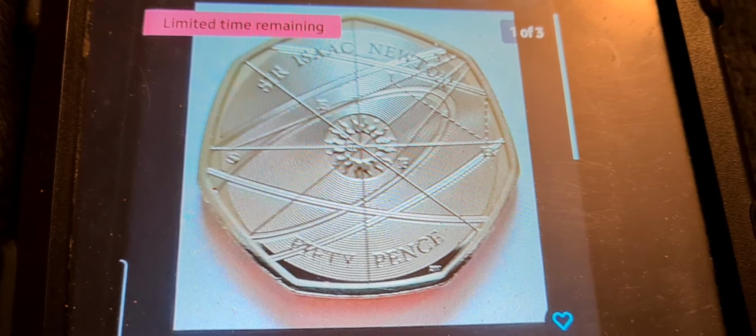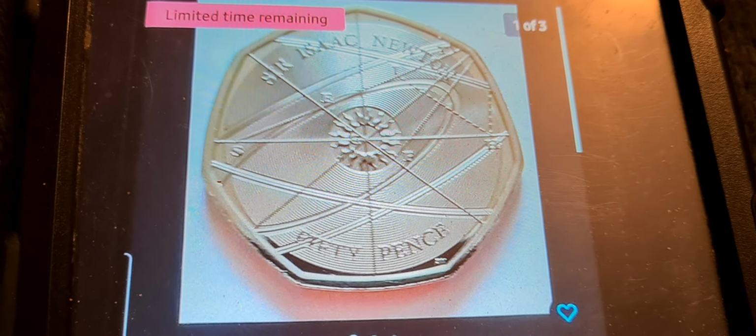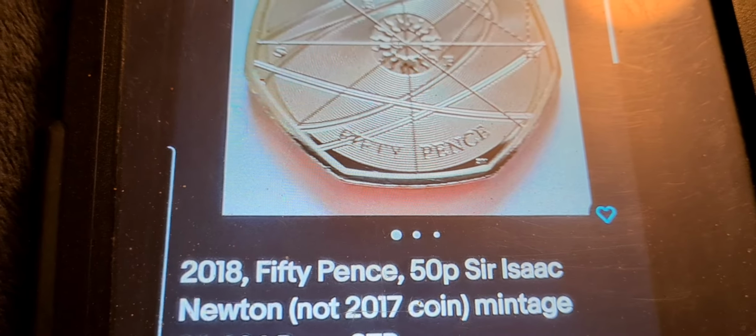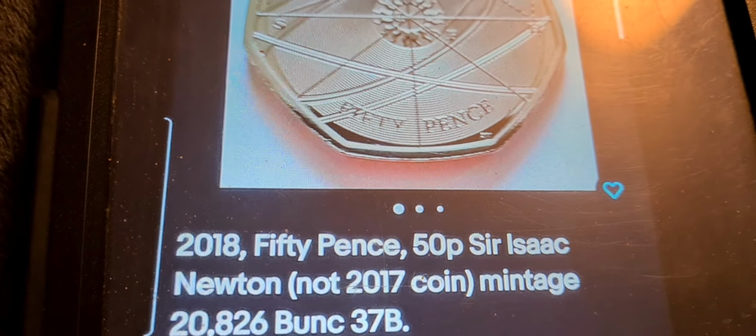Okay, so this is what you should be buying. This is the proper genuine Isaac Newton at a reasonable price. And if we have a little look down, this is the 2018 one. It's not the 2017 one, as the seller rightly points out. And this one, according to this seller, has a mintage of